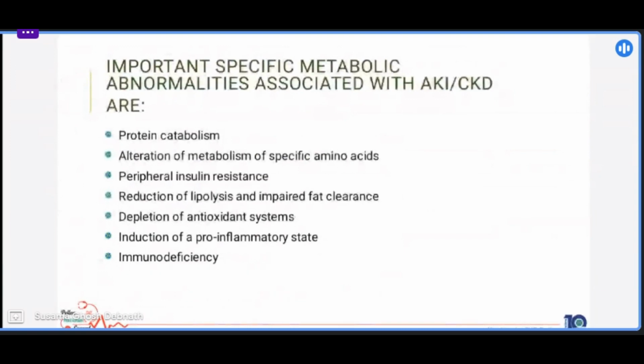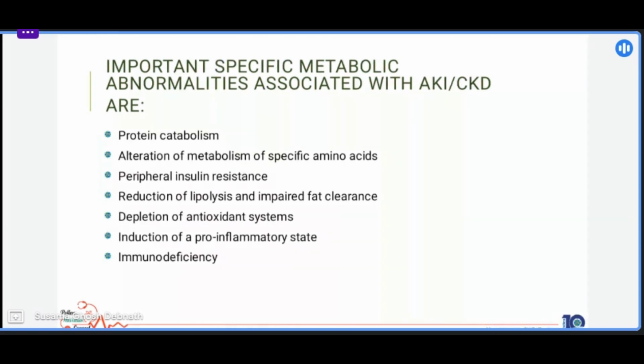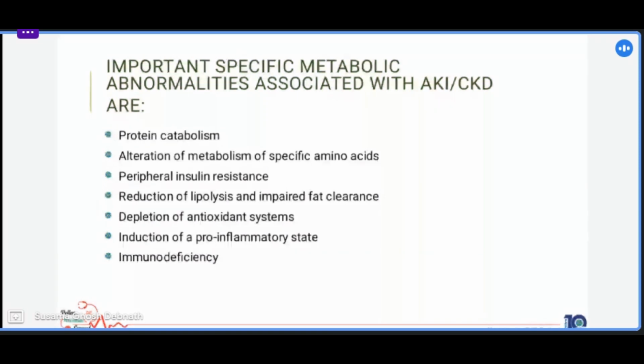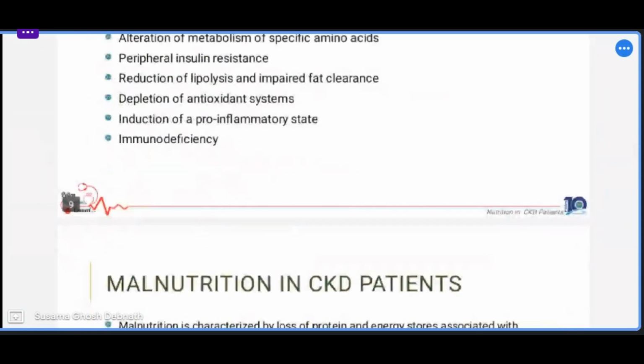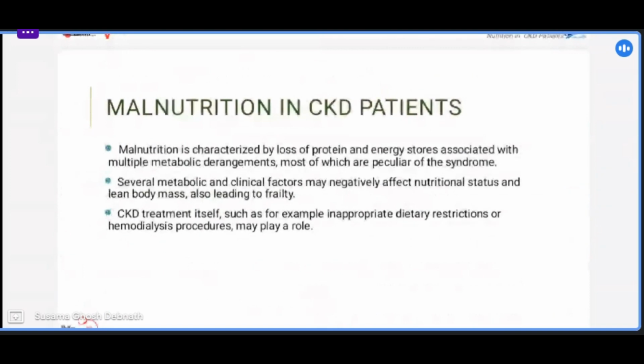So what are the important specific metabolic abnormalities associated with AKI or CKD? Protein catabolism is there. Alteration of metabolism of specific amino acids is also there. Peripheral insulin resistance develops in the body. Reduction of lipolysis and impaired fat clearance is also there. There is some depletion of the antioxidant system also, and induction of a pro-inflammatory state. The body is inflammatory, and definitely immunodeficiency is there. So malnutrition in CKD patients is very, very common,